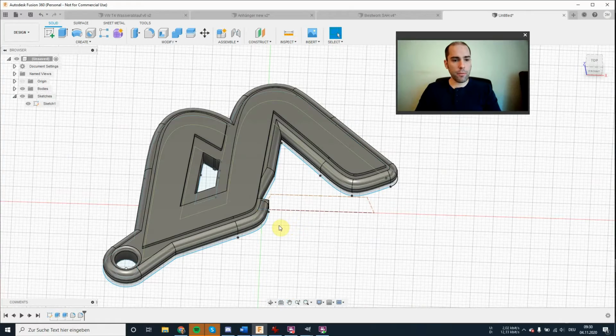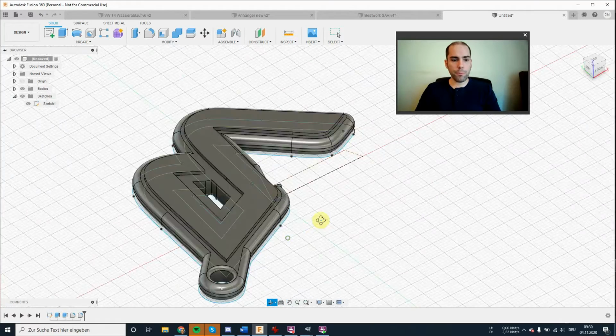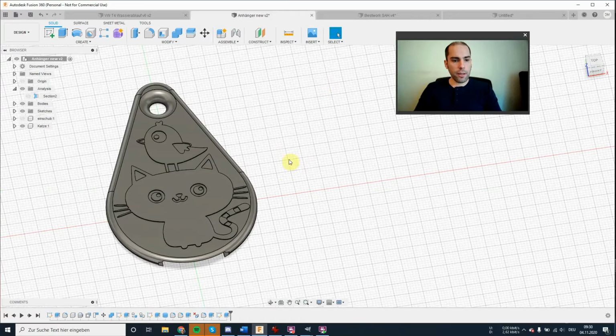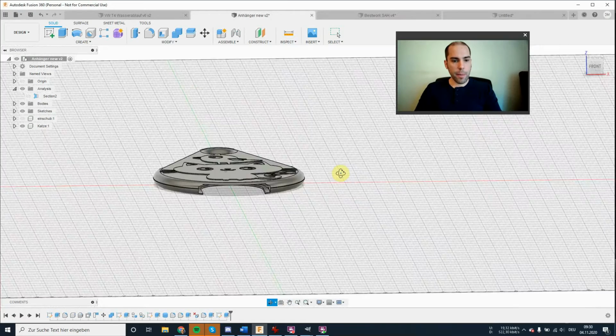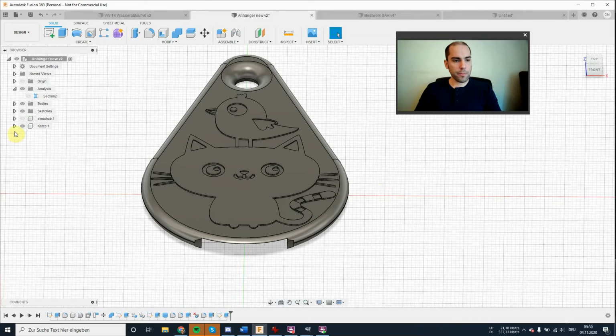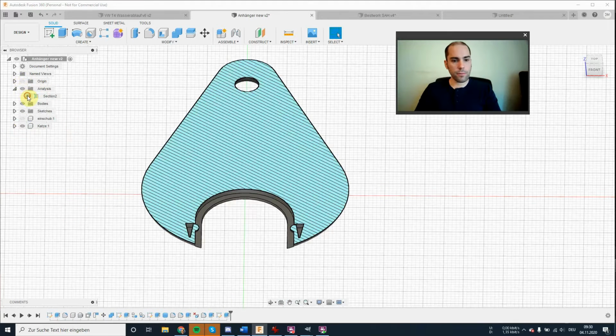As a final step, we're going to make the slot for the trolley token. Now, I already created a keyring like that and created a tool body for making these cutouts.